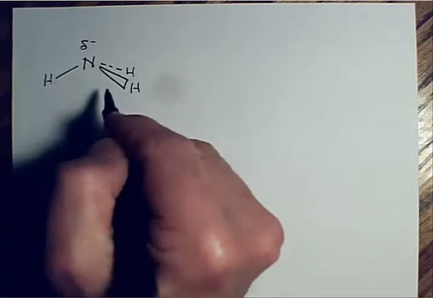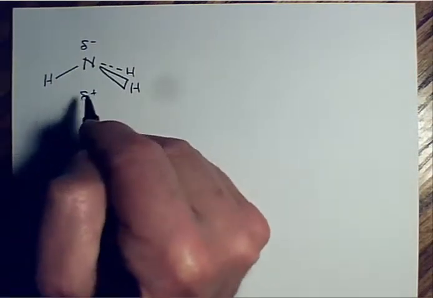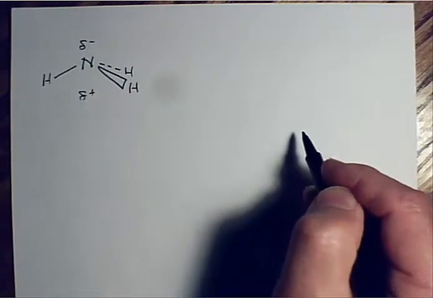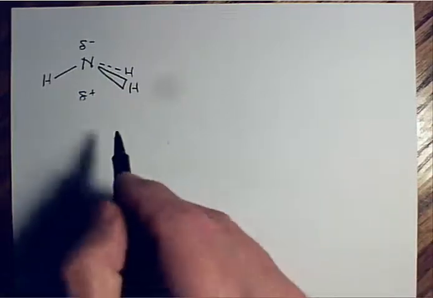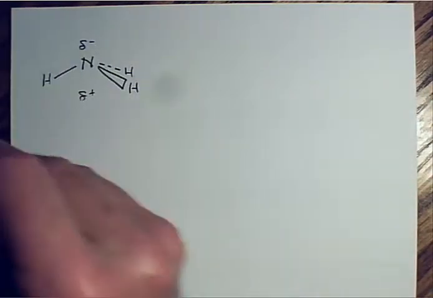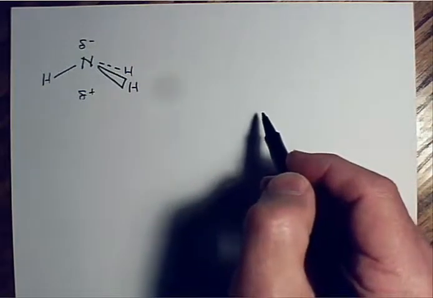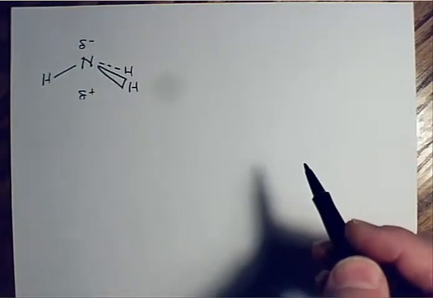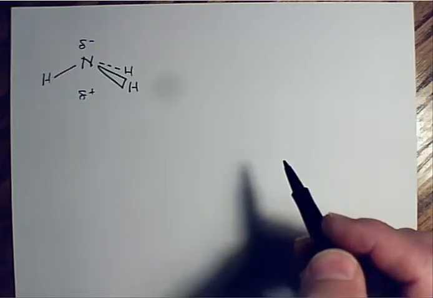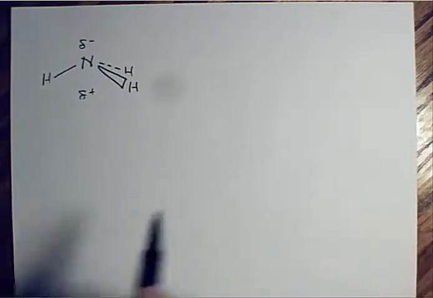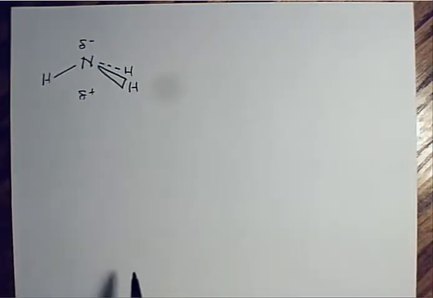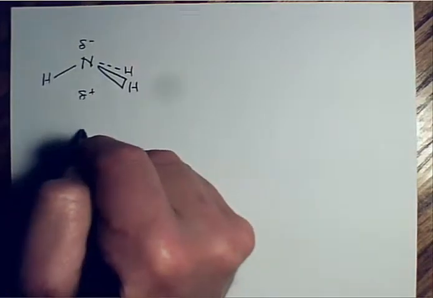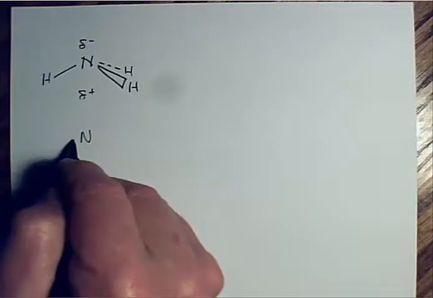And grouped together, all these hydrogen houses down here make up the partially positive end of the molecule. And really, you can look at it in two ways. You can say the whole south end here is partially positive, or you can say each of the hydrogens is partially positive, and both would be correct, depending on context. Okay? All right. So if I have this ammonia molecule containing nitrogen, and I have another ammonia molecule nearby,